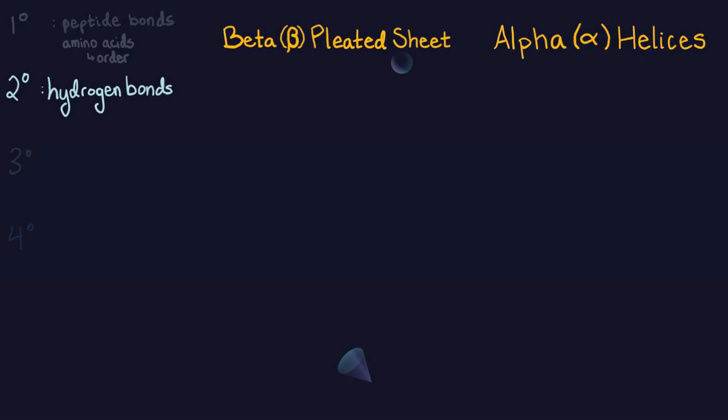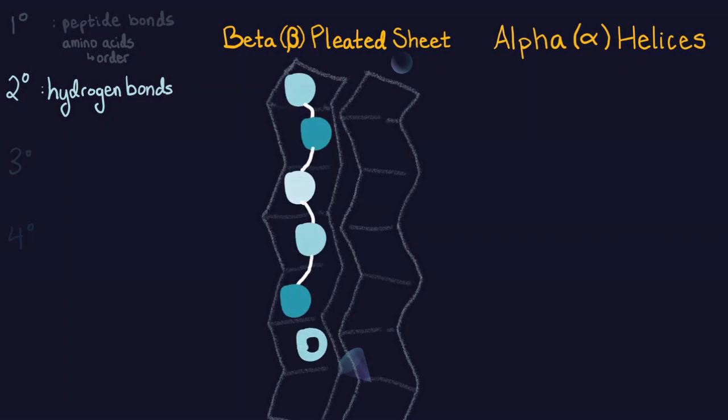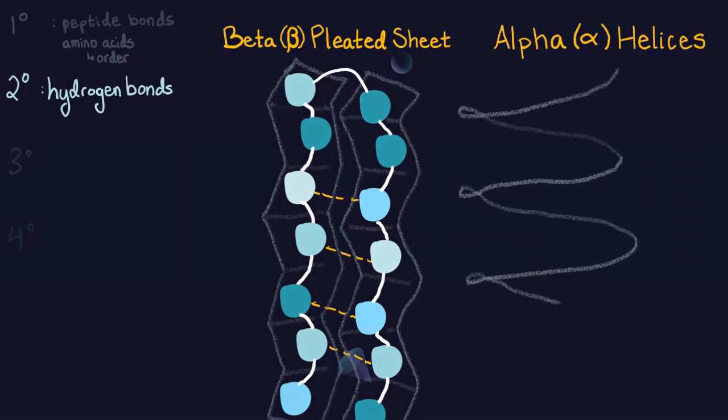Now, beta pleated sheets are a planar structure, meaning it looks kind of like a flat, ziggy-zaggy structure. And these sheets form because of where the hydrogen bonds form between amino acids along the polypeptide chain. Now, alpha helices, on the other hand, as their name would imply, are in the shape of a helix, or